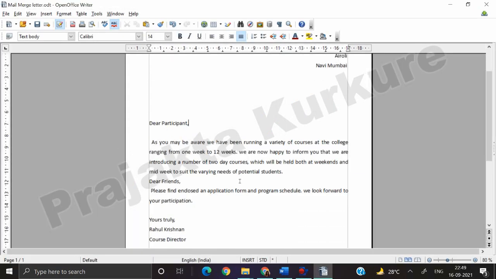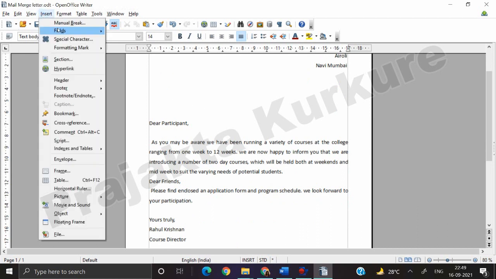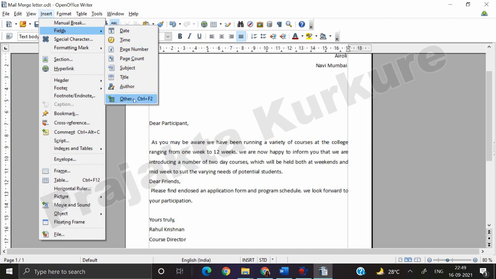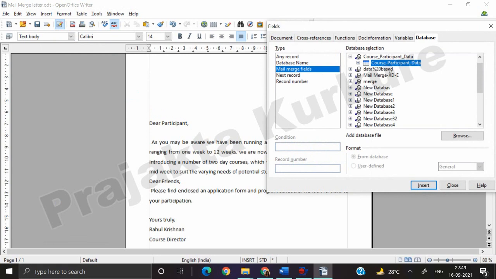Fine. Now once the mail merge is done, we need to insert the fields. So you can go to Insert, click on the fields option, and then from here you can select the other option, and then here you need to select that address list, then click on this plus icon, and from here you need to click on the fields and click on insert.